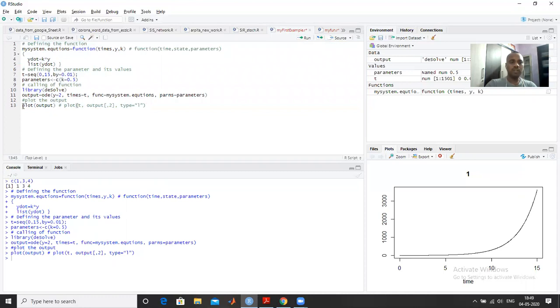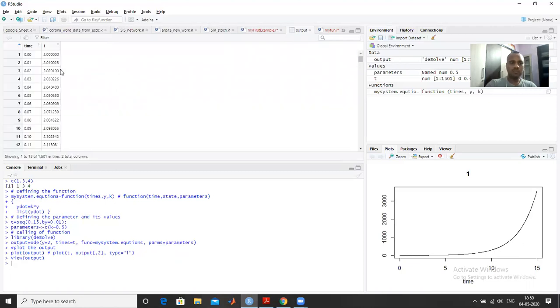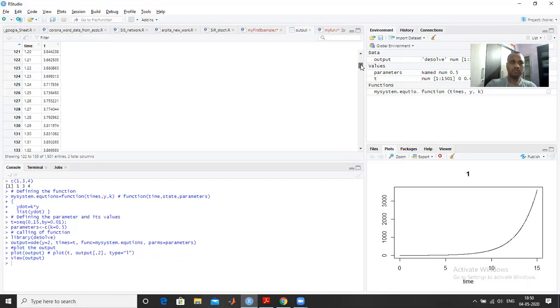So plot is a command to plot this output, and you can check what the output is. Output is a variable here. You can check. So output is like this: time is this, and there is the solution.